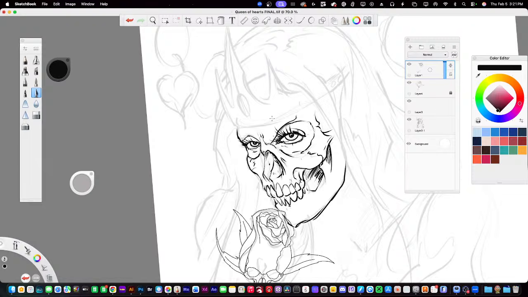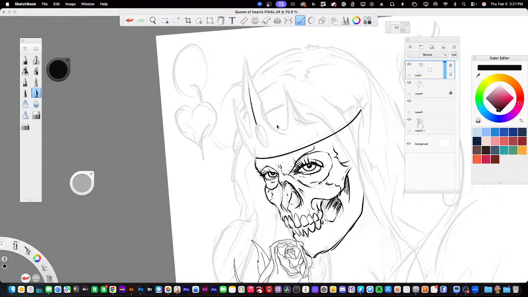Yeah, so on my PC that has a Huion display screen, usually I use an iPad with like Procreate on it, but this I'm using Sketchbook Pro on my tablet. I mean, on my PC, which has a Huion screen on it. Oops.